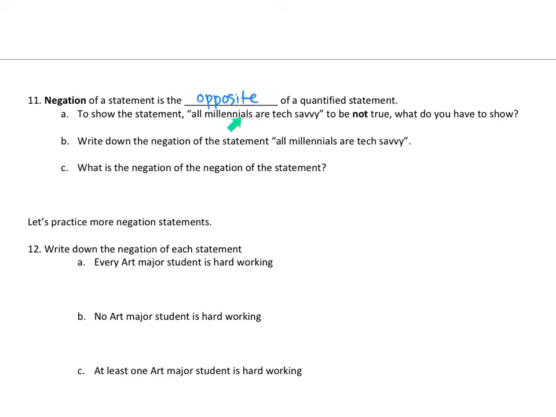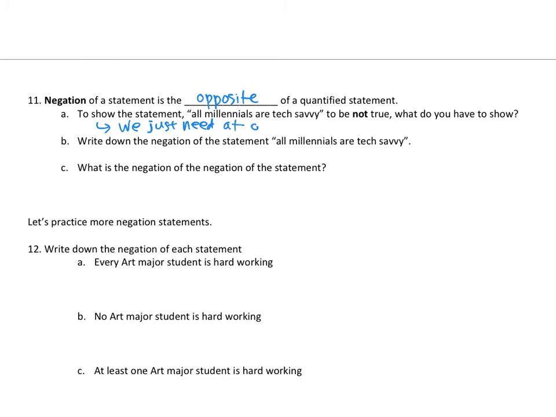How do I make that statement not true, right? What do I have to do? Do I have to show that every single millennial is not tech savvy? No. In order for it to be not all, I just have to find one person who's not tech savvy. That means it's not everyone, right? Because all means everyone. So all I have to do is find one person who's not tech savvy, then this statement is false. So here I'm going to say, we just need